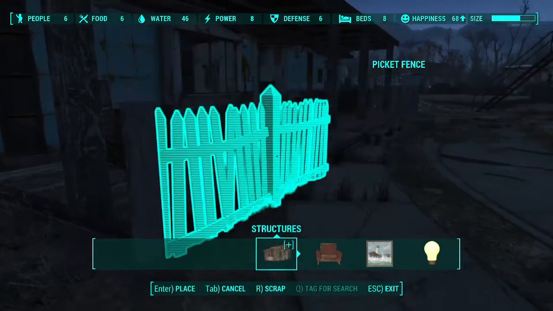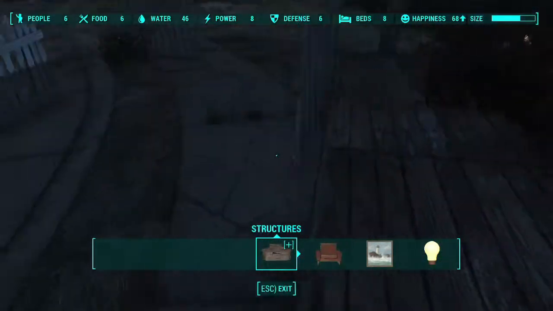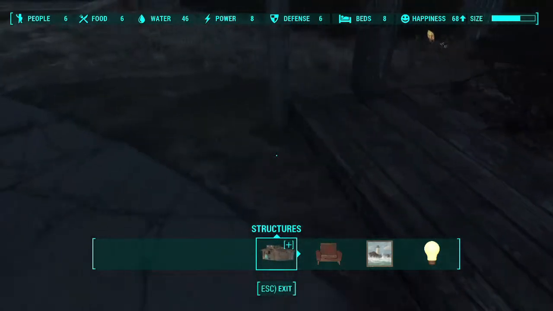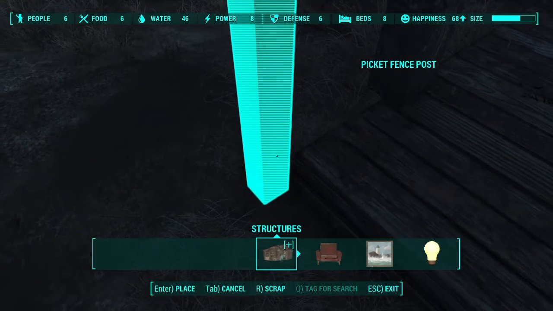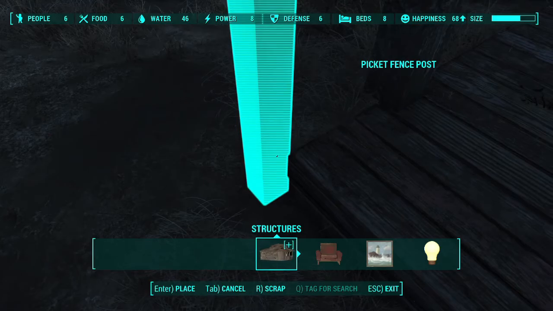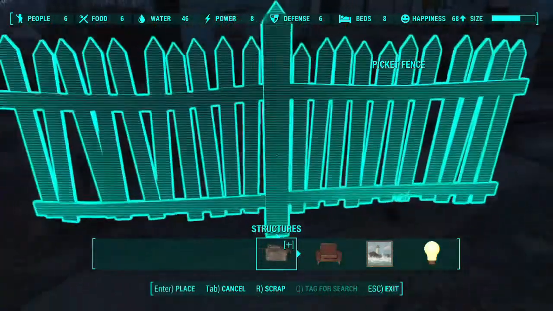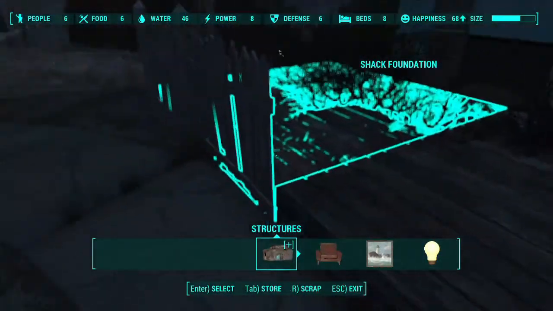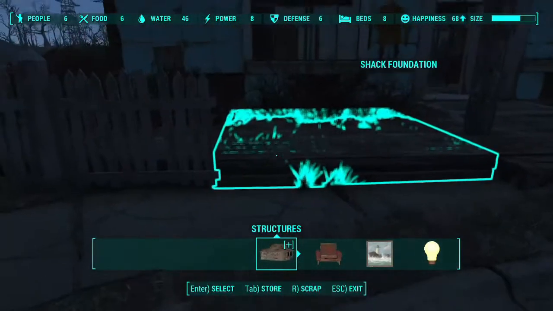Let's just snap right there. Okay. How crooked are we? A bit crooked. So what am I doing? I'm going to try to slide this in. See if it'll snap there. It does. It should be a lot straighter. That works for me. Let's get another